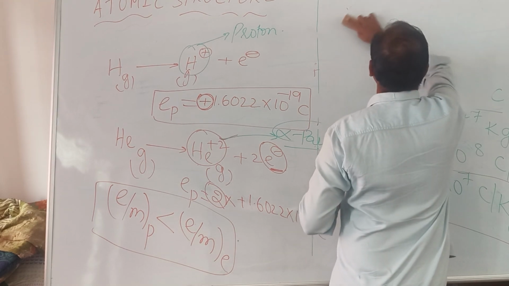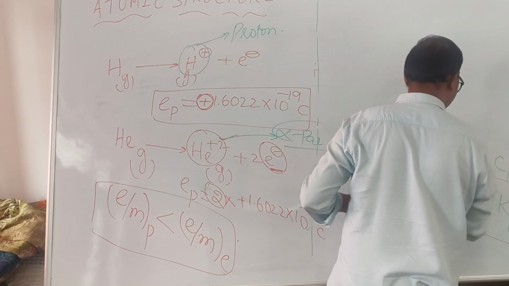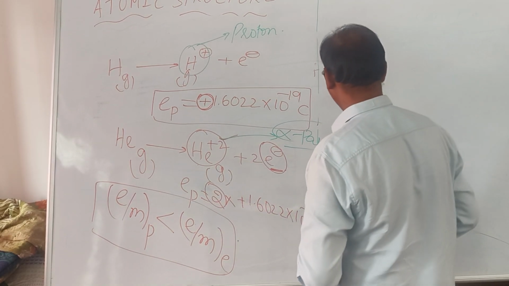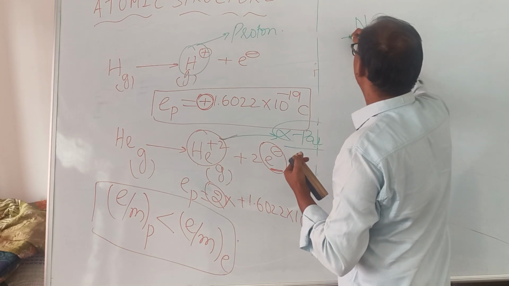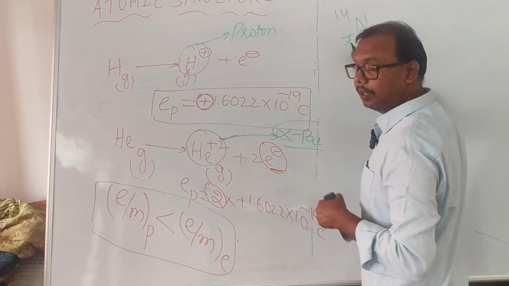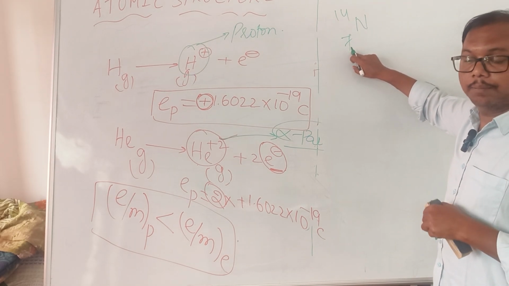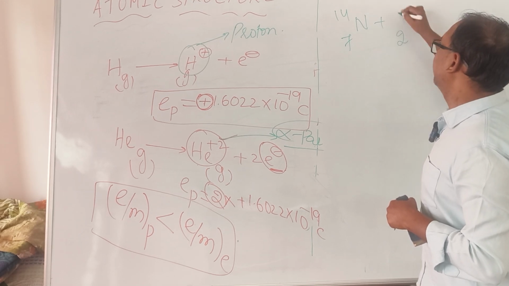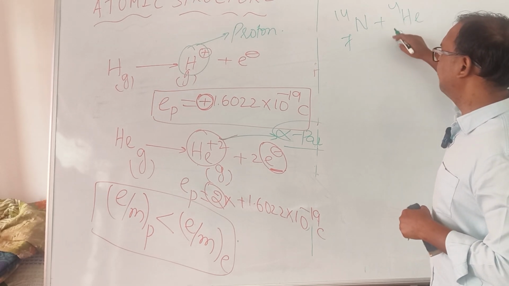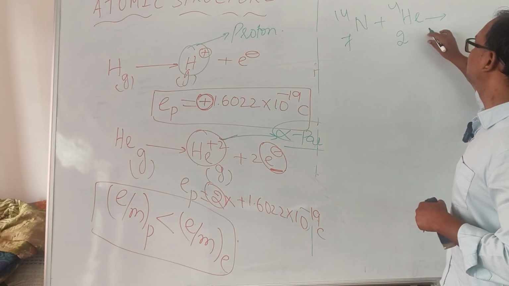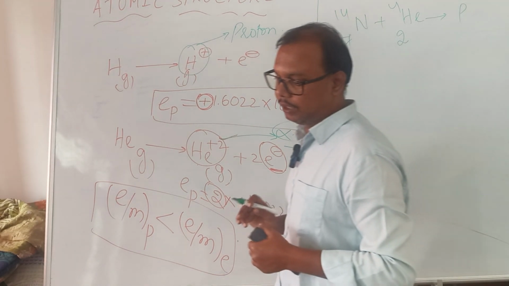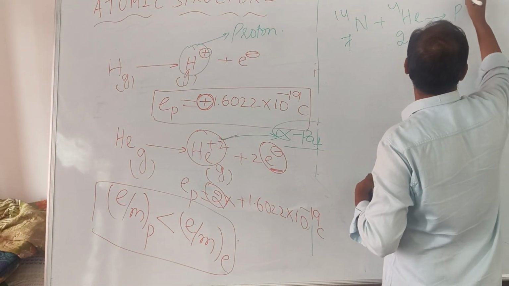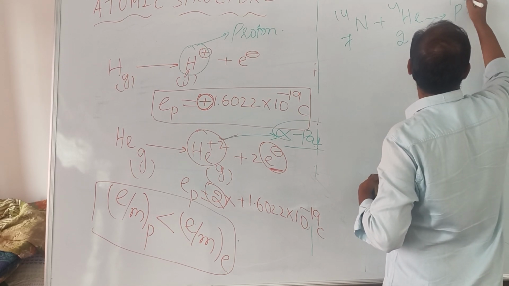Alpha particle can also be produced by using the nucleus of nitrogen, 7N14. The atomic number, or number of protons, is 7 and the mass number is 14, plus helium alpha particle 2He4, where the number is 2 and mass is 4. It gives rise to proton, 1H1, plus